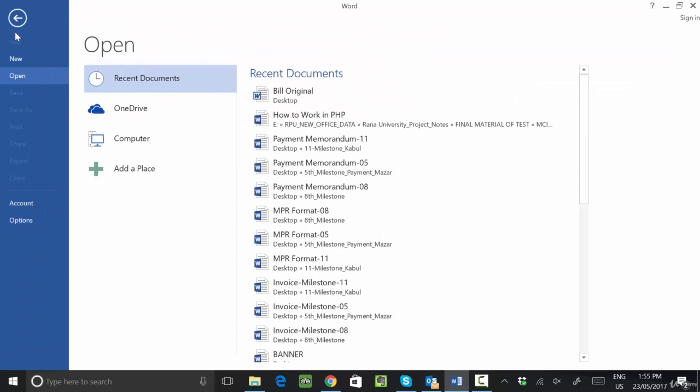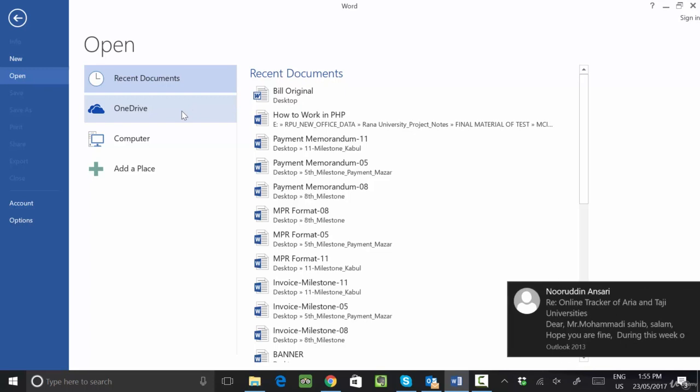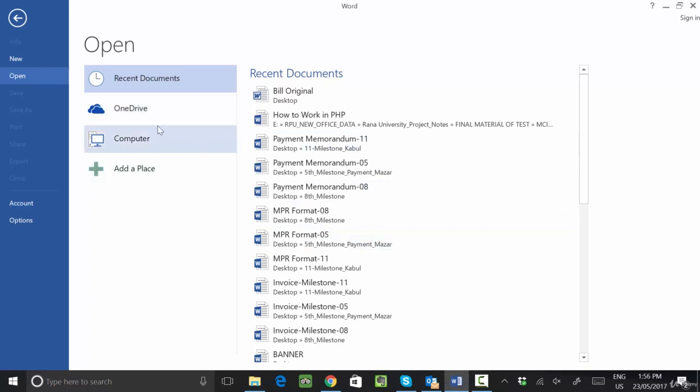Another option is the Open command. It is basically used to open any kind of document which is already saved in your system. For example, I want to open an already saved file from my computer. It is your choice from where you want to get that file. One option is OneDrive.